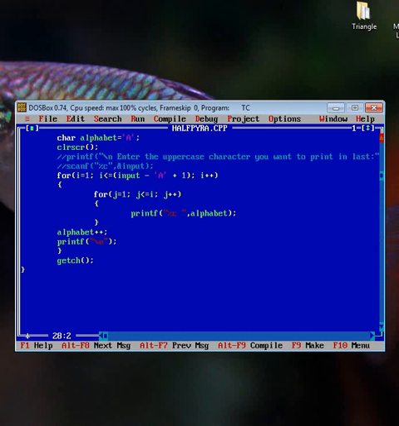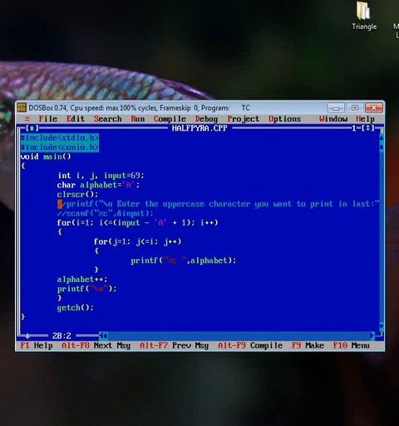I have commented those two lines and changed the data type of input from character to integer, and initialized the value of input to 69, because we have seen that the ASCII value of capital E is 69. So 69 will be supplied here. The ASCII value of A is 65.